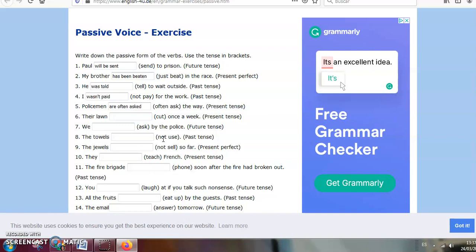Okay? Now, present tense, cut. I don't know how long I have because I have 15 minutes of recording. So if I don't finish the exercise, I will say bye-bye and the end of the recording. The lawn is hierba, césped. Present tense is, right? And now cut, okay? We, future, will be, and asked, okay? Towels, past simple, weren't, okay? And now